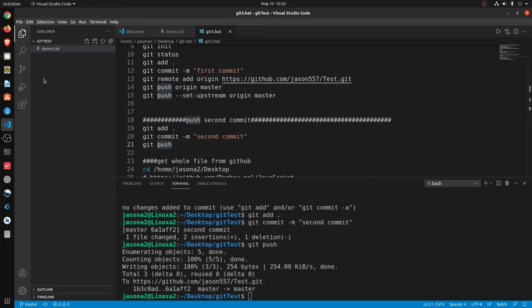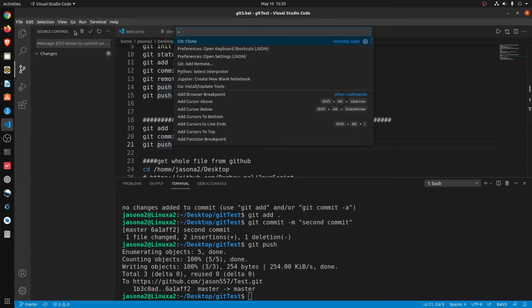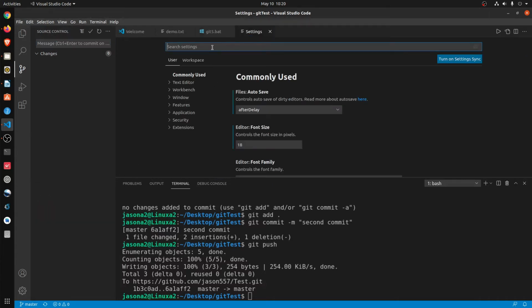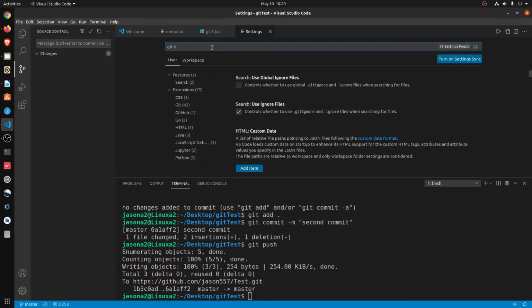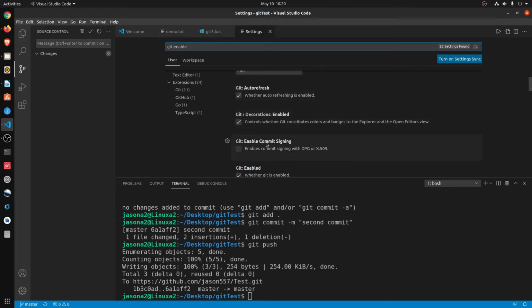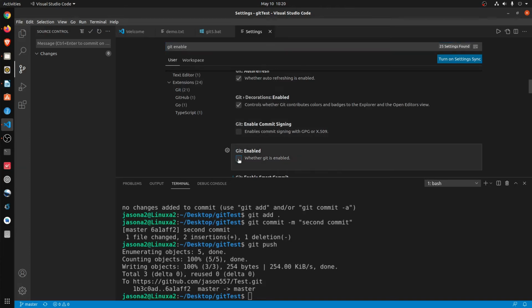And now, if I want to use the directory from the Git, okay, from the Visual Studio, so now I have to go view, command, and go setting. Sorry, go setting and Git enable. Git enable. You must select this one, okay. You select this one and